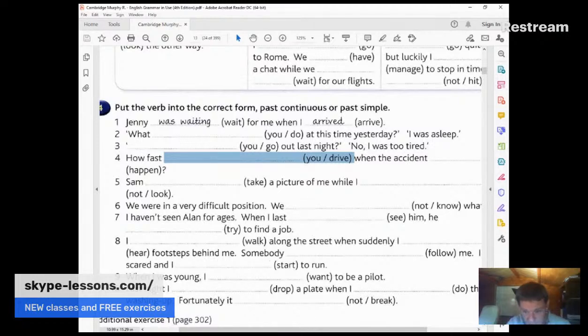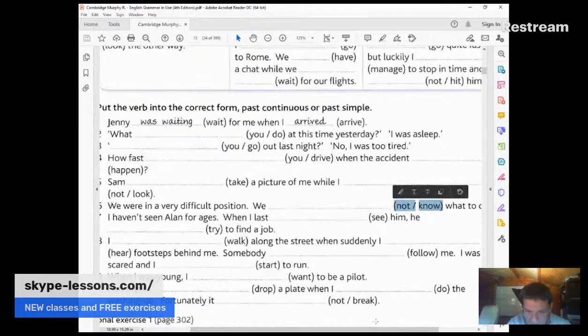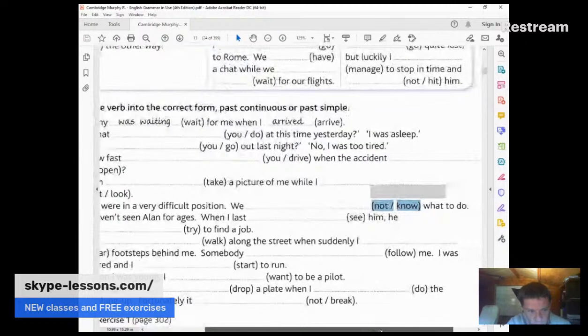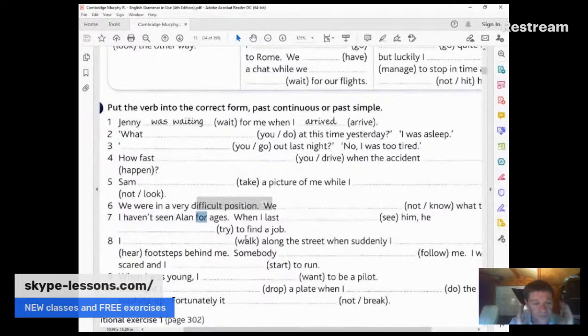We were in a very difficult position. We didn't know. Know is stative, so it's never we weren't knowing. We didn't know what to do. I haven't seen, there's your present perfect, and it's because of 4, guys. Yeah, remember your present perfect signal words. I know we haven't done present perfect yet. Yet is a present perfect signal word, so we haven't done present perfect yet, but we will very soon with